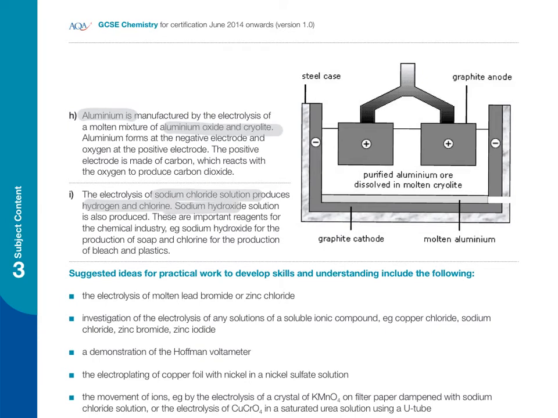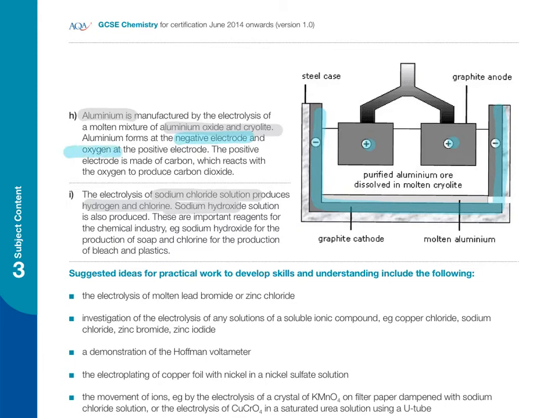The diagram for this looks a little different to the ones we've seen before, but there are still the cathode parts, the negative electrodes, and the anode parts, the positive electrodes. Your aluminium metal will form at the negative electrode because aluminium is a positive ion, a cation, that will move towards the negative electrode and will gain electrons and is reduced. At the positive anode,